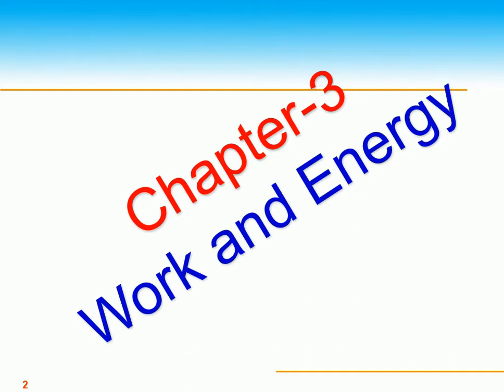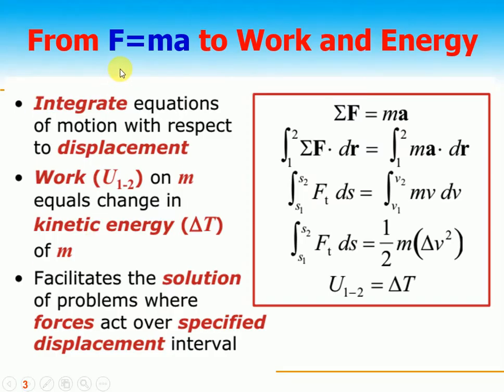So first of all, we talk about what work and energy are. As you know, we are moving from Newton's second law of motion to work and energy. When a force is applied on a body and the body covers some distance in the direction of the force, then we say the force has done some work on the system. Classically, this is Newton's second law of motion. The summation of F into dr is the work done, force multiplied by displacement.